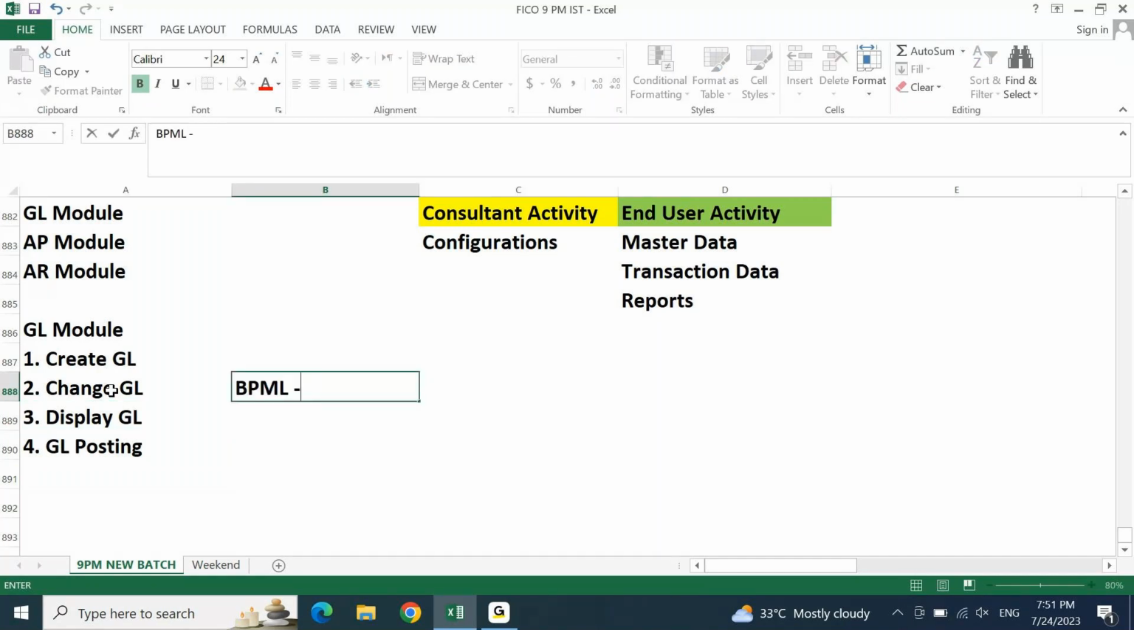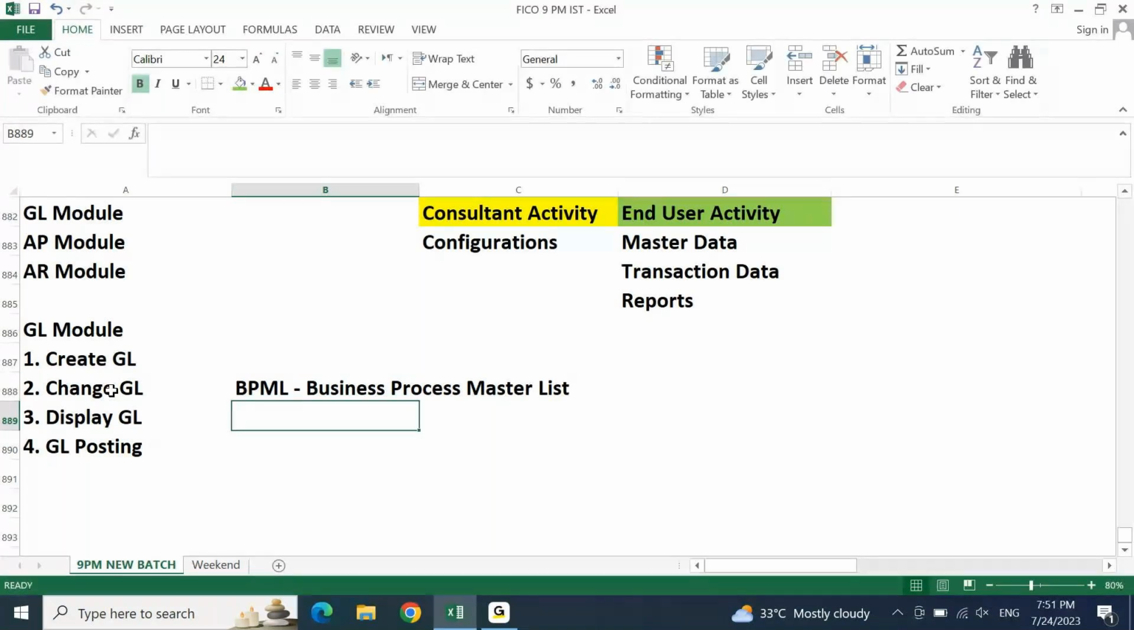This BPML is nothing but business process master list. This business process master list will contain the detailed transactions that are applicable for your client business process based on the pre-agreed discussions during the initial stages of the project. Let's say in the GL module, your client is using